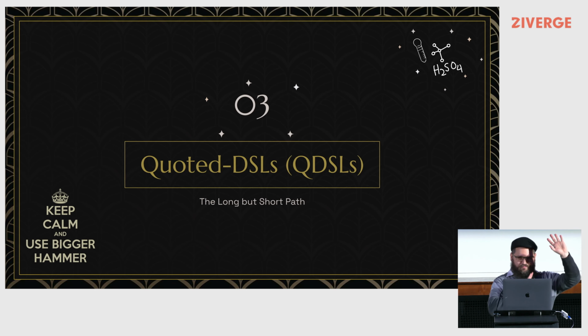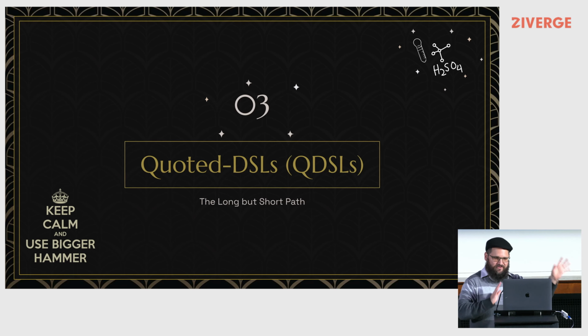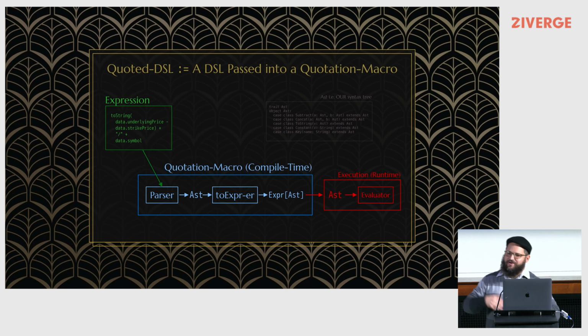Now, is there a different way? There are plenty of good ways to do embedded DSLs, but the question is, is there another way? Can you go back to that way of doing simple Scala types? Can you do that? And there is, but you have to use macros. And because macros look at